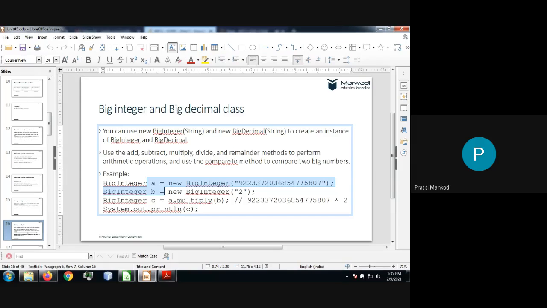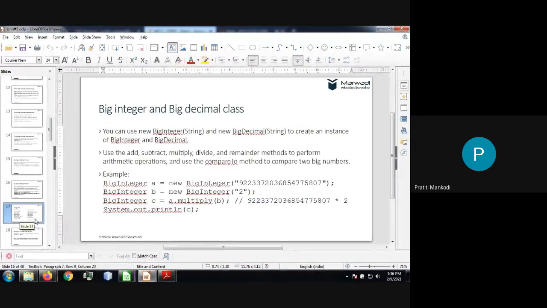And you can perform any operation which you want on those numbers, right? It is not limited to only storing it. We can play with those numbers also. So what we have done, we are multiplying a with b. So actually we have these. Again the number will increase. When I multiplied, again my number will be bigger. So that also can be stored inside the big integer and big decimal classes.